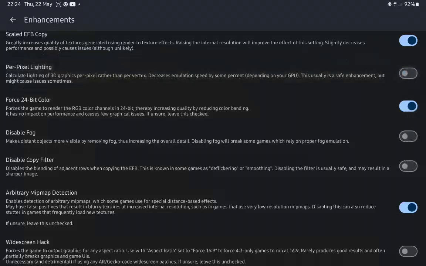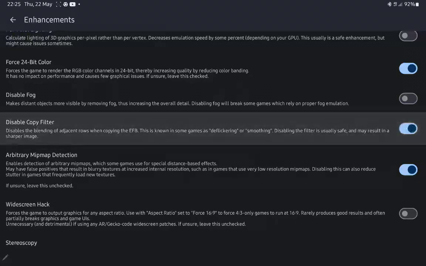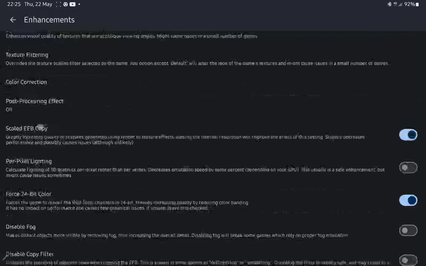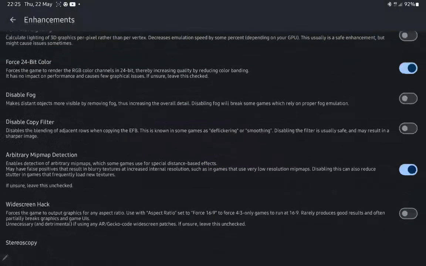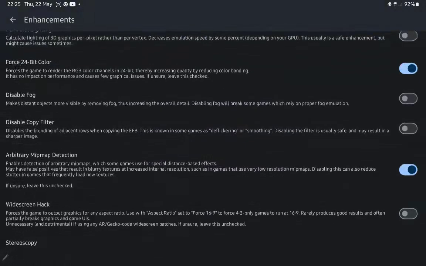No. Per pixel lighting is fine, but I just don't recommend it since I'm looking for performance. Disable copy filter, hit or miss. Okay, like hit or miss. But if you really want that performance, since you've already upscaled to 1080p, you don't exactly need disable copy filter anymore. Arbitrary mipmap detection,